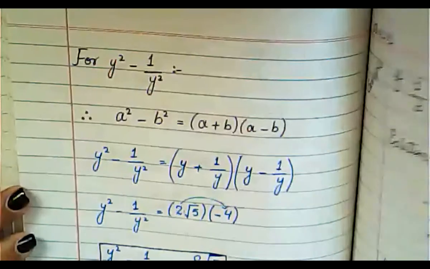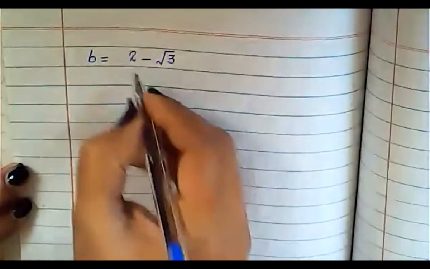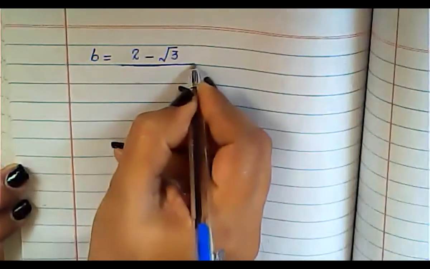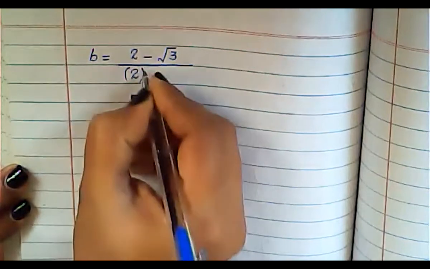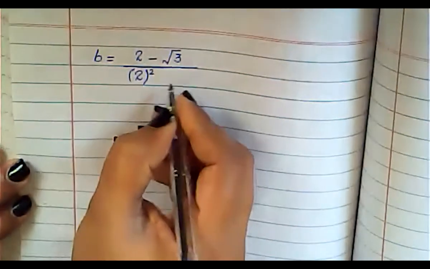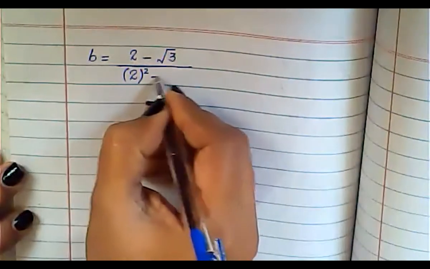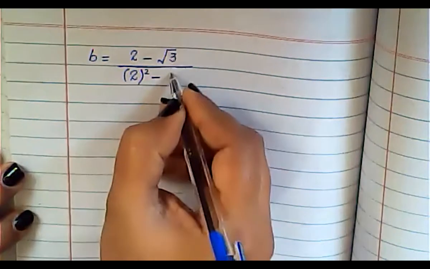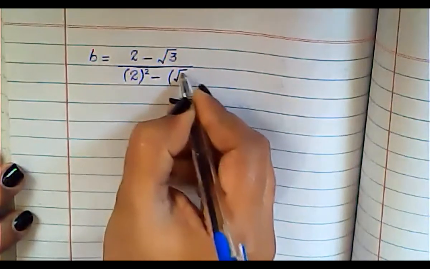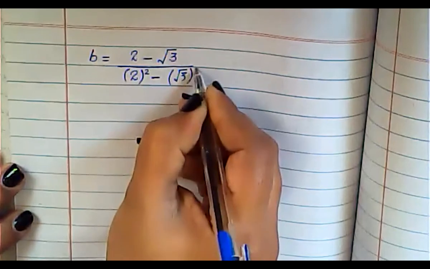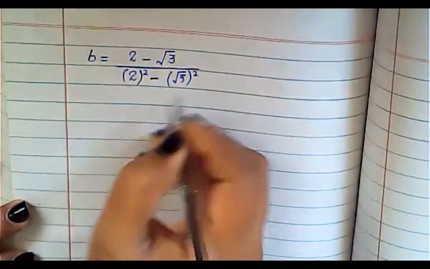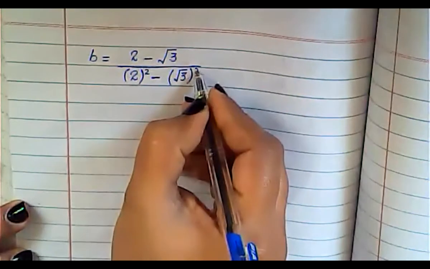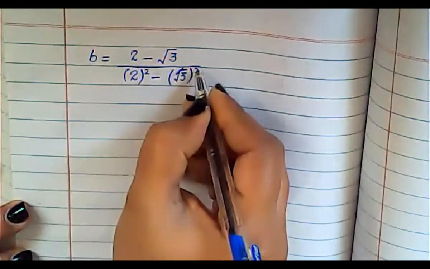Okay, this was our numerator. Now divided by, we are going to take the square of term a. Our term a is 2, so we have to take the whole square of this term. Then the sign of minus, which is in the formula. Then term b is under root 3 and we have to take the square of term b as well. Understand? Now as you can see here, this 2 will be cancelled with this root.